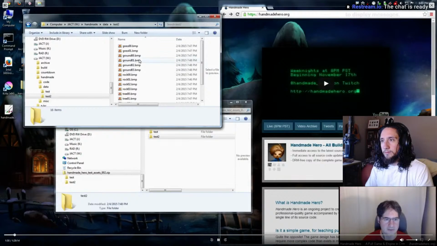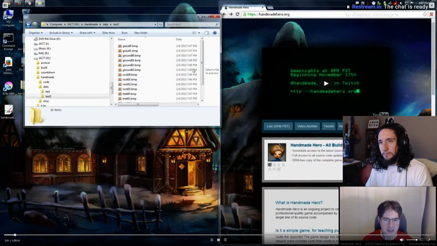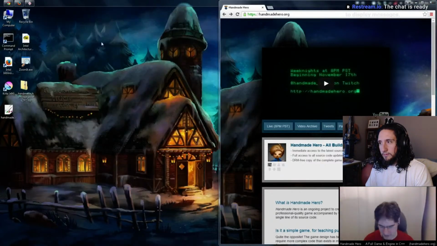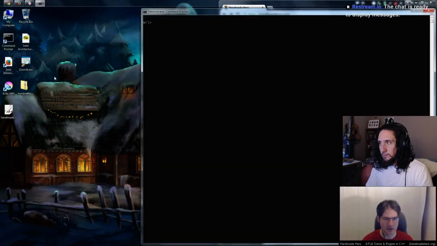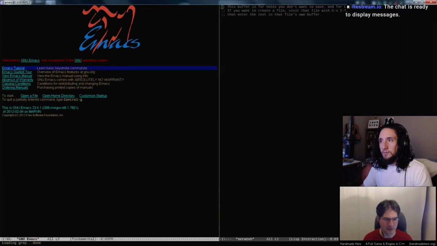So now you've got that test2 in there, and now we can load stuff from that, and that will be good. So let's go ahead and dive right in. We basically had a little bit of cleanup to do. We had some testing to do, but basically there's one thing that we hadn't written yet, so we weren't really back to feature parity from yesterday when we made our spatial partition for our entities. So what I'd like to do is just go ahead and get that done, and then maybe we can replace those yellow rectangles with some actual trees or something, which would be nice, and do some other stuff like that, just because you gotta go with the flow sometimes, and I feel like that's where the flow is going.